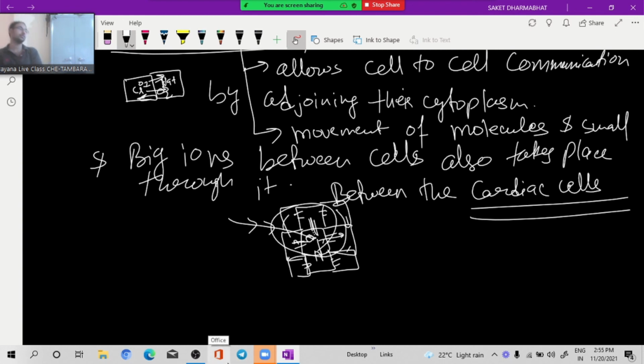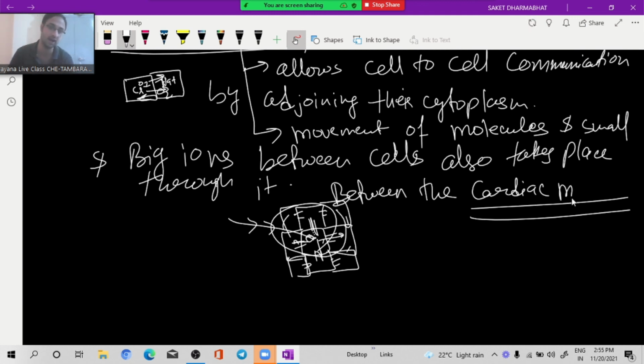Understood? Is such a thing present in skeletal muscles, sir? For skeletal muscle, contraction is a different concept, where the neuromuscular junction comes in, and acetylcholine, the neurotransmitter, is required. If a signal is coming to one muscle cell, only that one muscle cell will contract; the others in contact with that muscle cell will not contract.